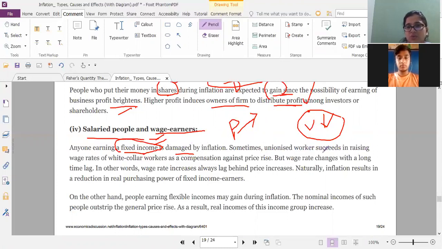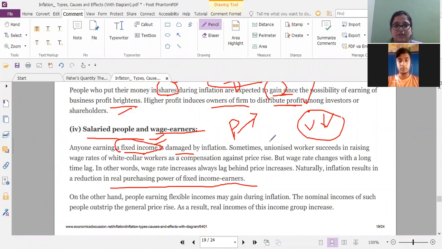Okay, unionized workers succeed in raising wage rate of white collar workers as a compensation against price rise, but wage rate changes with a long time lag. In other words, a wage rate increase always lags behind price increases. Naturally, inflation results in a reduction in real purchasing power of fixed income earner. So sometimes we can see that